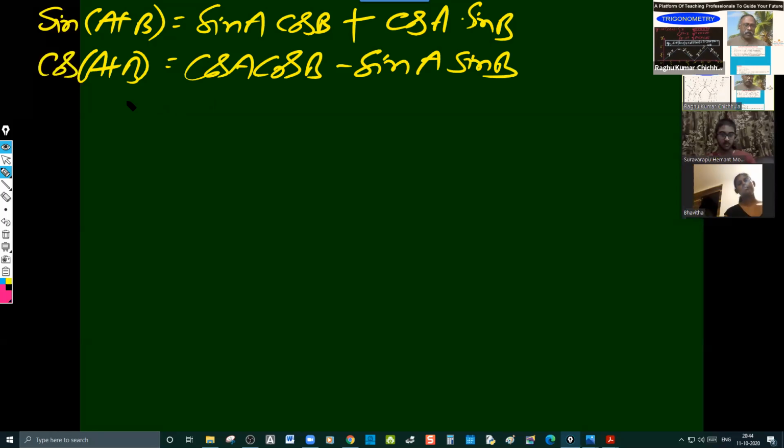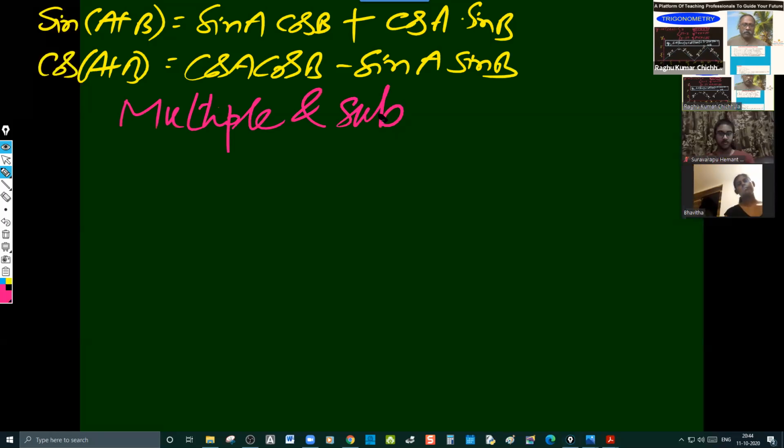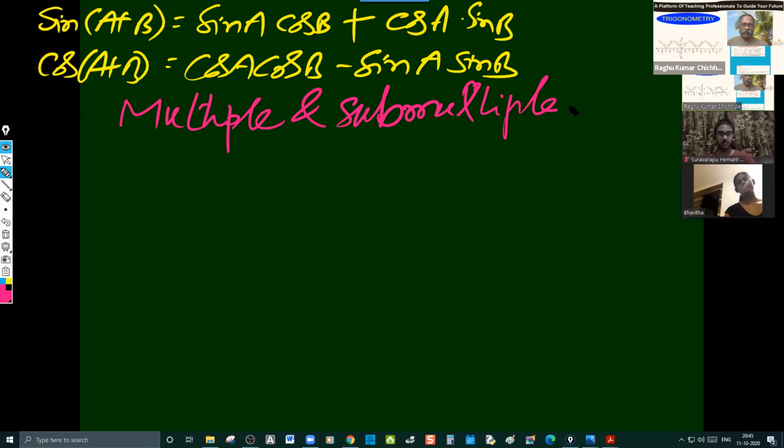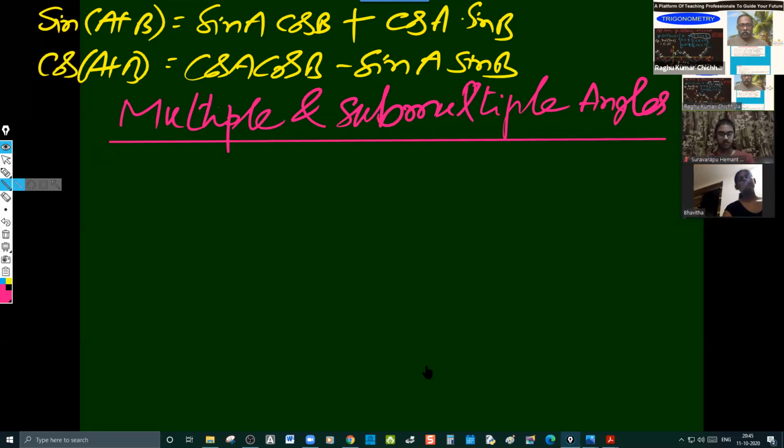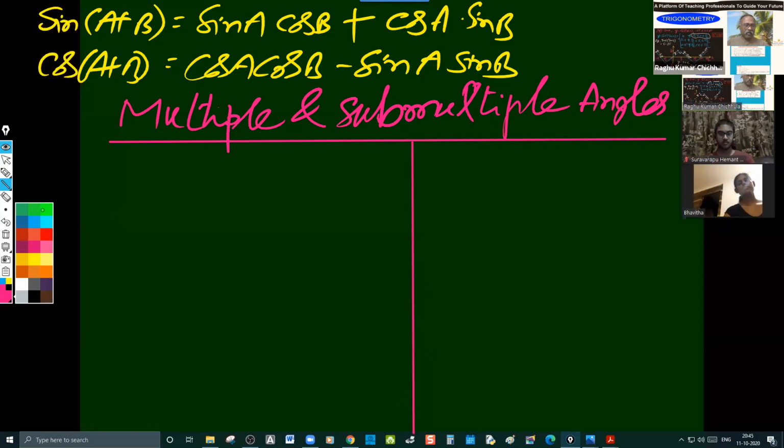So multiples and submultiples. Very simple thing is that multiple means you will have 2A, 3A, 4A, and submultiple means you will have A by 2, A by 3, A by 4, like that. So let me give you multiples first, so that you need not separately learn submultiples. So let me write that. Number one,